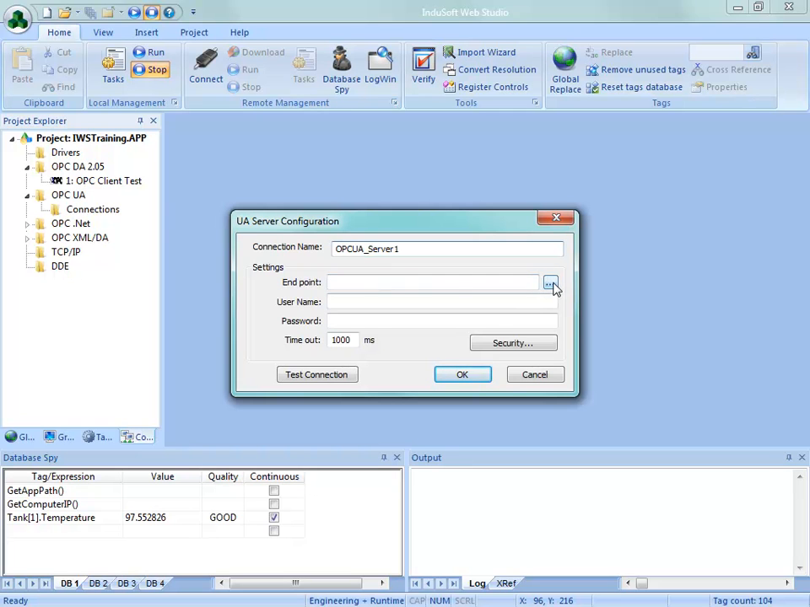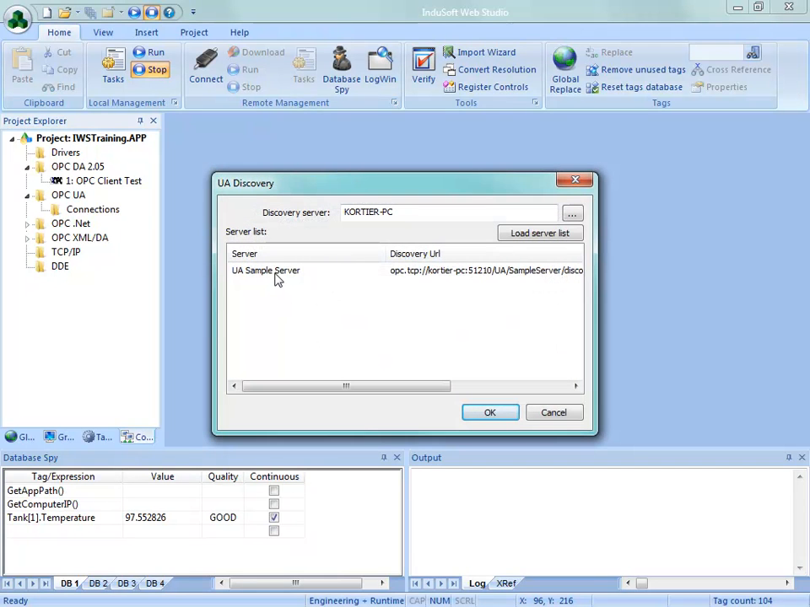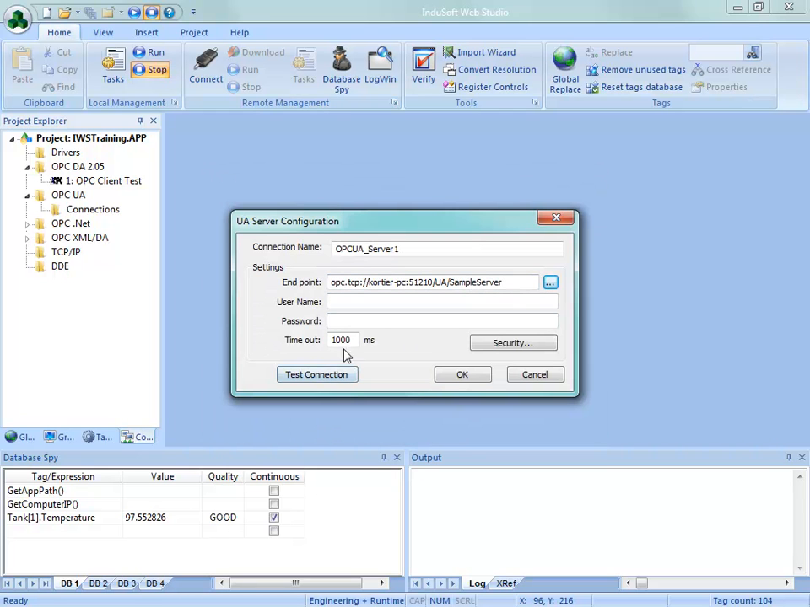Now I'm going to browse, and this will choose what's called the discovery server and allow me to find or discover endpoints that I can get to from this particular network. In this case, I'm going to use my PC, and there's a sample server that it has found, and here's the path that I can get to that. So I'm going to go ahead and click on OK, and I'll go ahead and put in that,